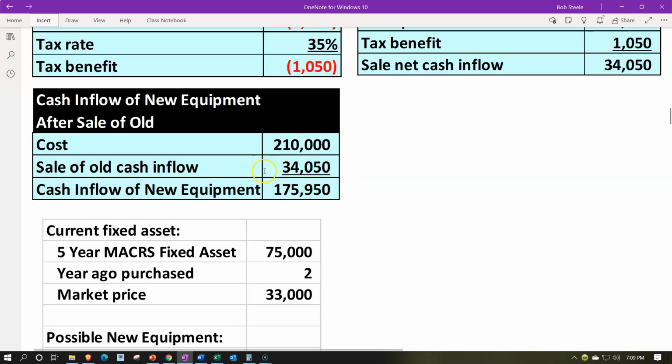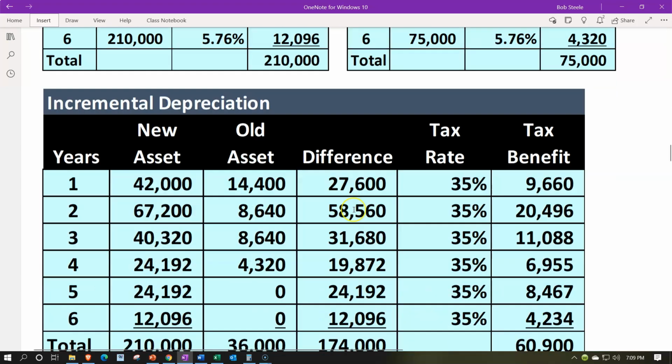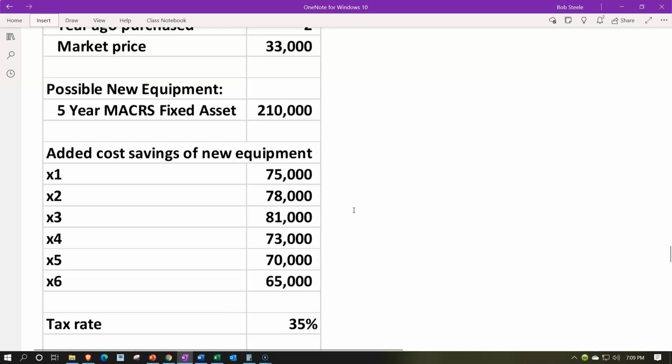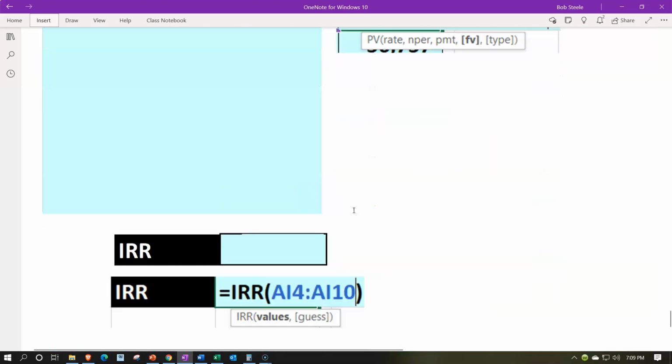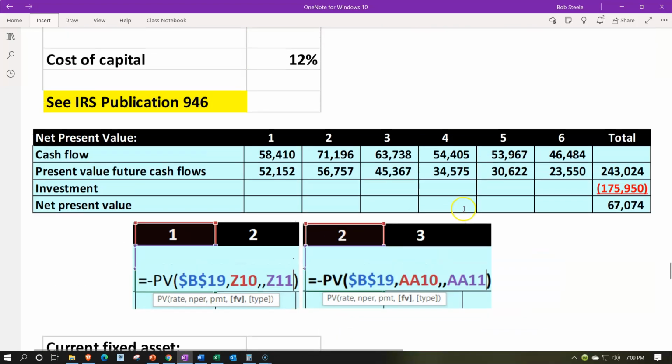So really, after that is taken into consideration, the net outflow in period 0 for the new equipment after the sale and cash benefit of the old equipment for the tax benefit is 175,950. So that's the outflow we expect to be happening then in period 0. So scrolling back down, we're going to say that's the outflow, 175,950. So the 243,724 minus the 175,950 is a positive